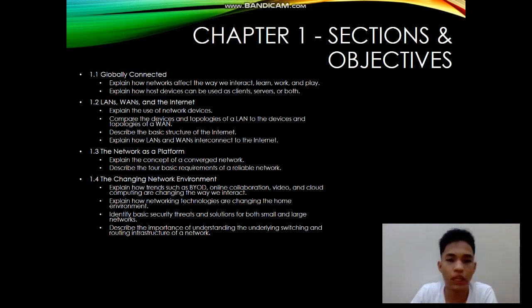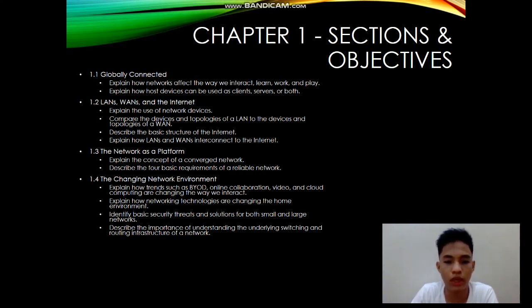Section 1.3, The Network as a Platform, has the objectives to explain the concept of a converged network and describe the four basic requirements of a reliable network. Lastly, we have Section 1.4, The Changing Network Environment, which has the objectives of explaining how